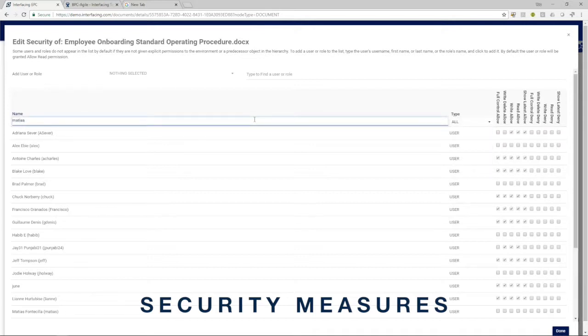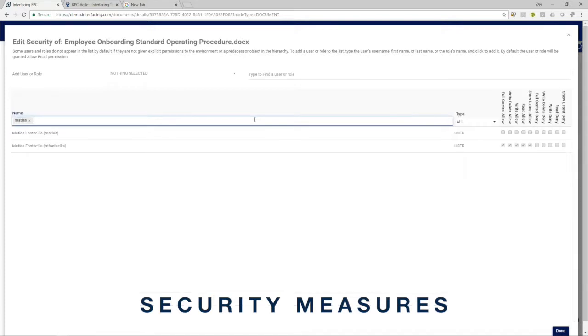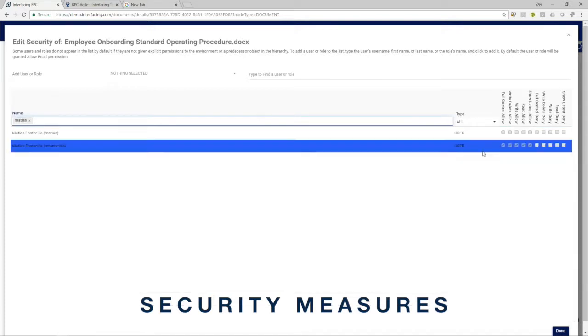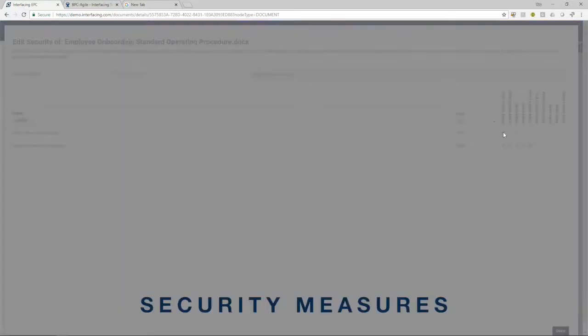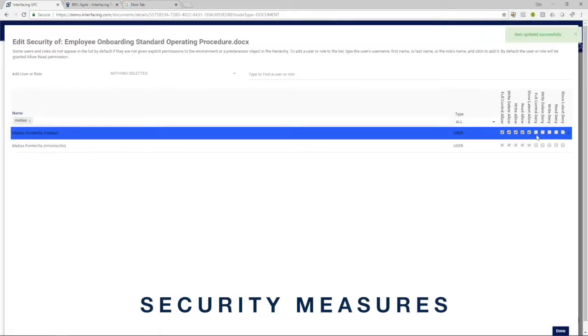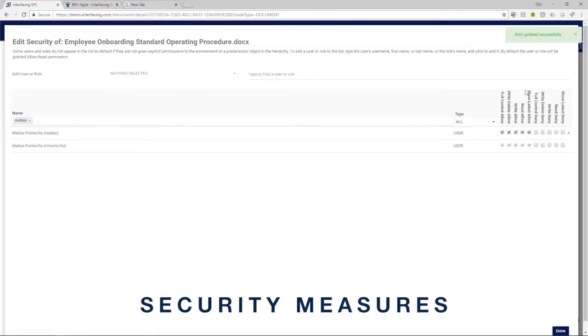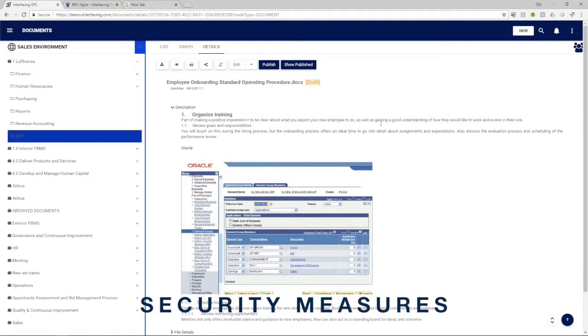If I go in and look for Matthias, let's say we do it via a specific user, I'm going to give him full control access to this document. What's interesting, which is unique about our system, I have the right to either give him edit rights, view only of published, view only of even draft. Why? Because maybe he doesn't have the right to edit,